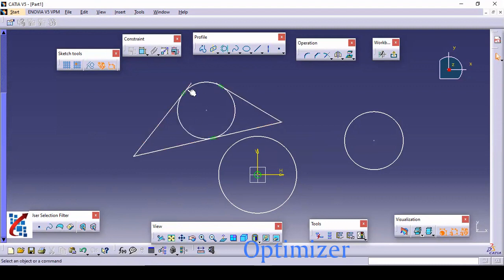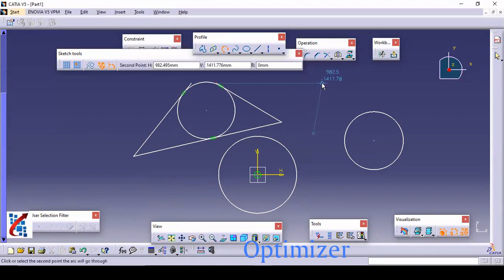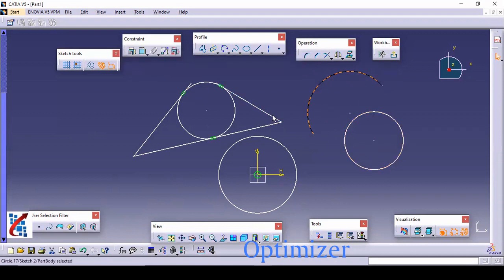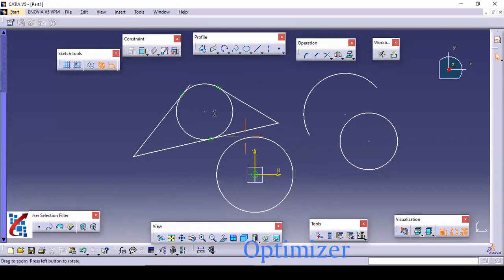Yes, see, automatically the circle is created tangent to these 3 lines. Okay, so that is 3 tangent circle. Again, we have drawn here a 3-point circle. Now you can use a 3-point for creating the arc. So that is 3-point arc. Okay. So this is sufficient.